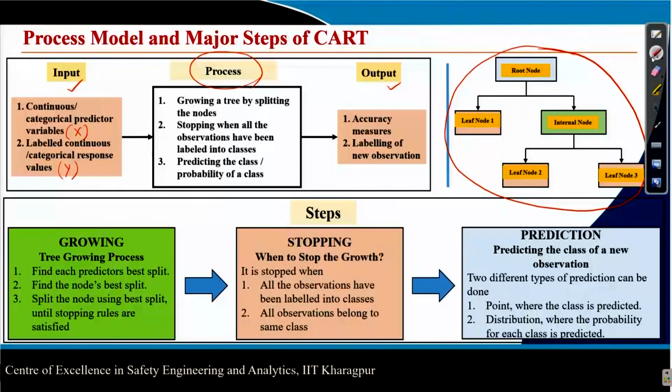I can tell my biggest output is the CART model, that is basically the decision tree. The tree model will be the output, and that model will be used for what purpose? For labeling new observations, or when a new observation comes, using this CART I will be able to tell